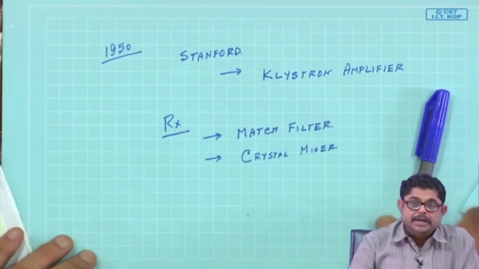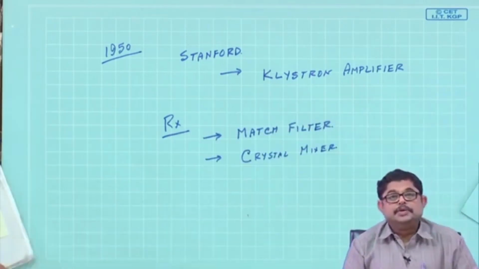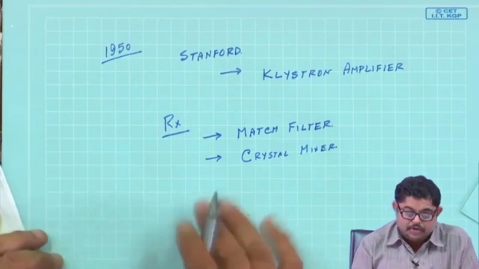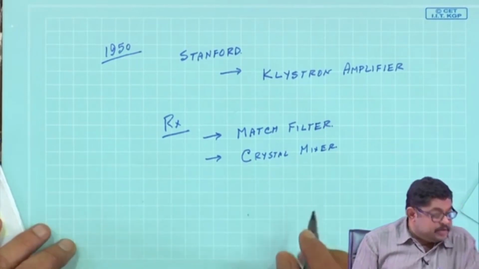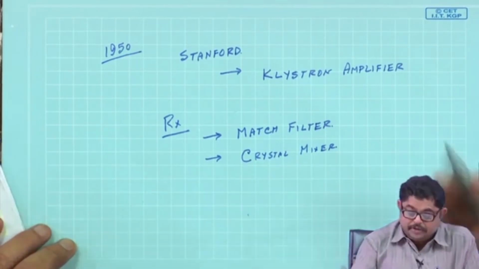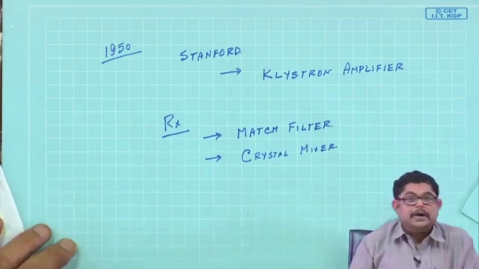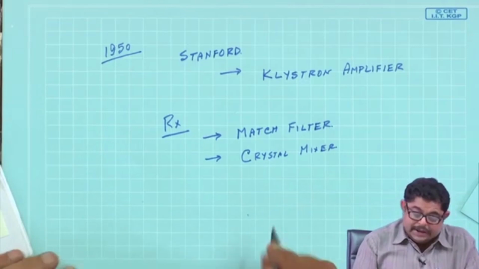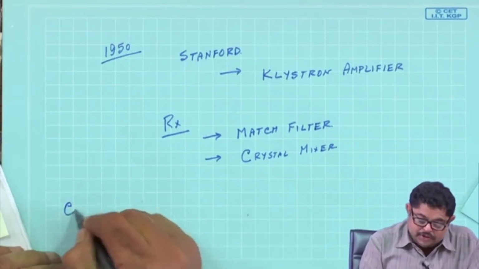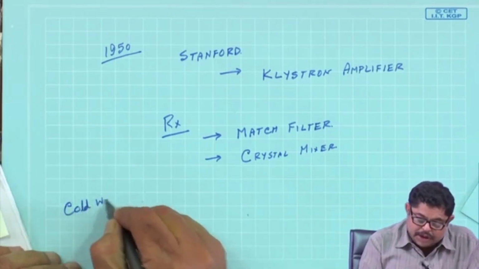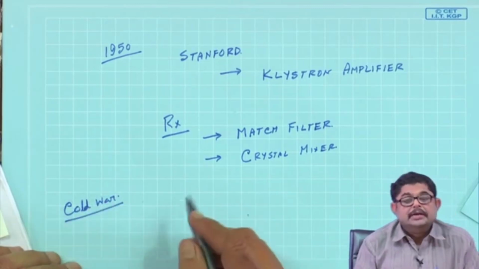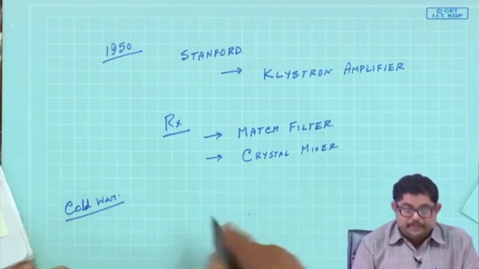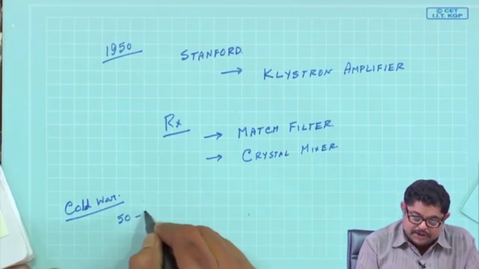Those were developed by that time. So, radar technology fully matured in the 60s. Now, after the World War, there was a Cold War between two superpowers, and in the Cold War age, that means roughly from the 50s to the 70s, we can say